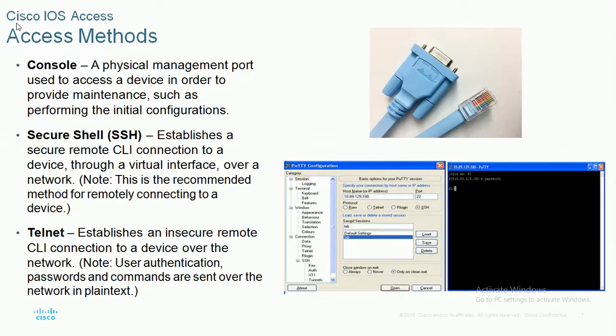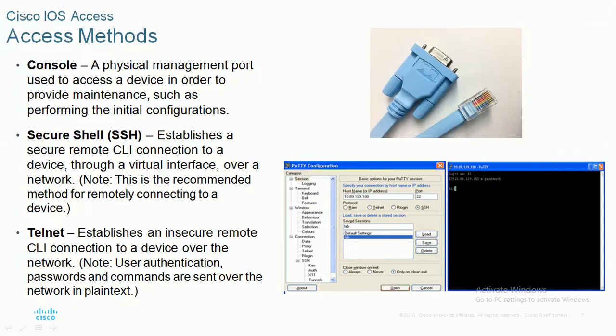The secure shell method establishes secure remote configuration to a device through a virtual interface over a network. Basically, if you take a console connection, there is a console port, a physical interface available on the switch. By connecting this cable, we can access the switch through the console method.